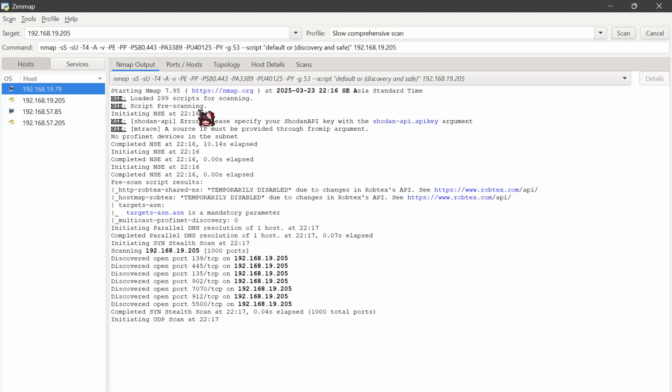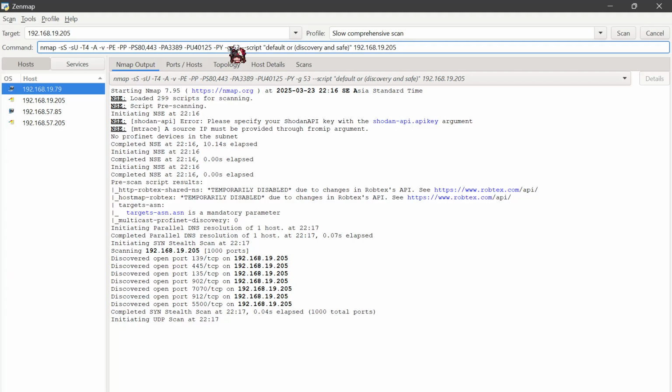The -sS and -sU are to scan both TCP and UDP ports. -T4, -A, and -v, same as before, are aggressive scanning settings. -PA, -PP, -PS, and the last one until -PY use various host detection techniques.